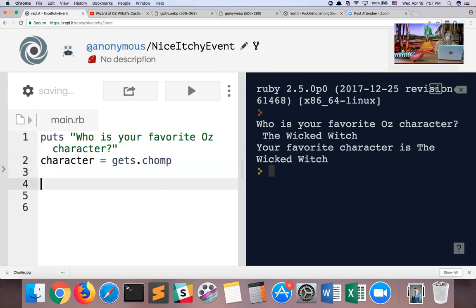So let's start out with the first two lines. So again, we say puts who is your favorite Oz character. We then take whatever the user types in, store it in this box, in this temporary variable called character, and then we can say as follows: if character is the Wicked Witch, and I'll go back and explain this momentarily.